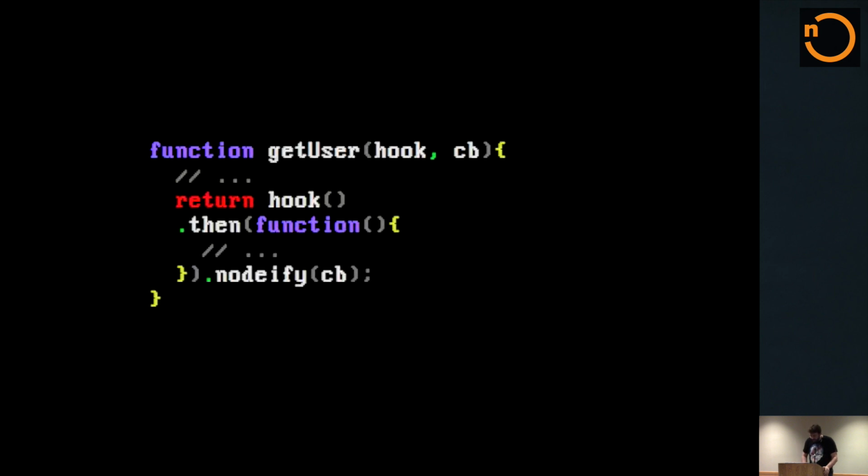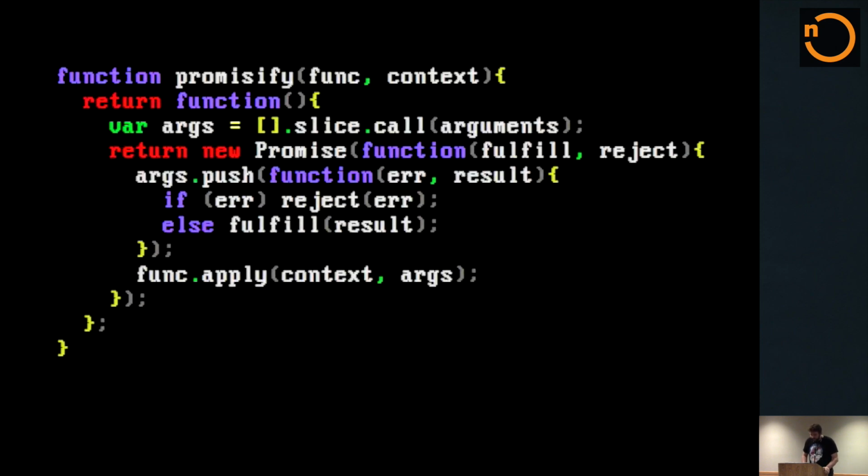Now, that's all fine until we try and be backward compatible. All right, so if we're doing that, then we have to deal with the case where this hook function can either be returning a promise or calling a callback. We don't know which, right? So, I mean, you could try using the Promisify function that's in Bluebird. But I mean, this isn't going to work because it's already making the assumption of calling a callback, right? So it's not quite there, but we're really close, right?